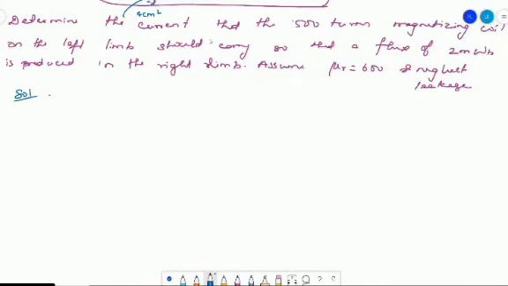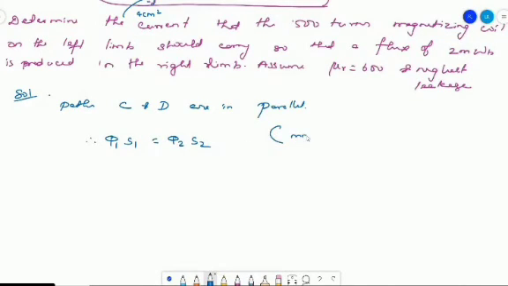So one thing that you can notice from this given circuit is that this path C as well as D are in parallel. So therefore the MMF across these two will be obviously same, which means that phi 1 into S1. S1 is nothing but the reluctance of that particular path where the flux phi 1 is flowing. This is equal to phi 2 S2, because these two are in parallel. So therefore phi 1 S1 is equal to phi 2 S2. MMFs are same. That's the reason.